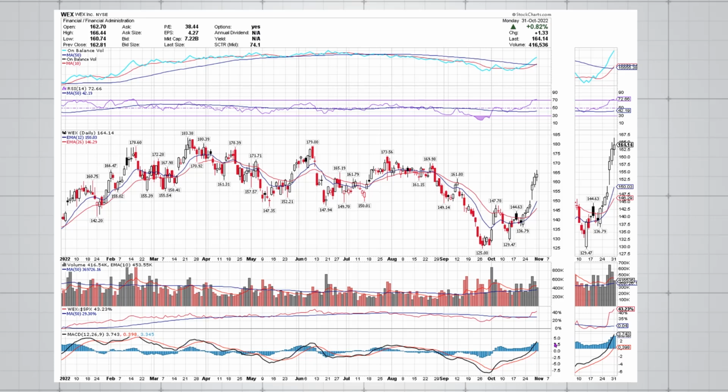And this has some meat left on the bone because overhead resistance potentially is up in the 180 area. We're at 165. That could be a tasty trade right there. Your thoughts, Professor? Well, there's an acceleration in what you're calling the shakeout, which I agree with you in that